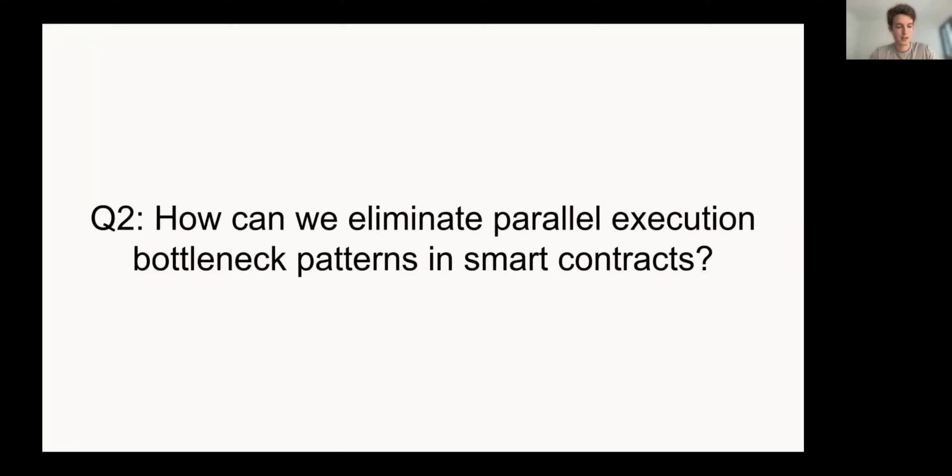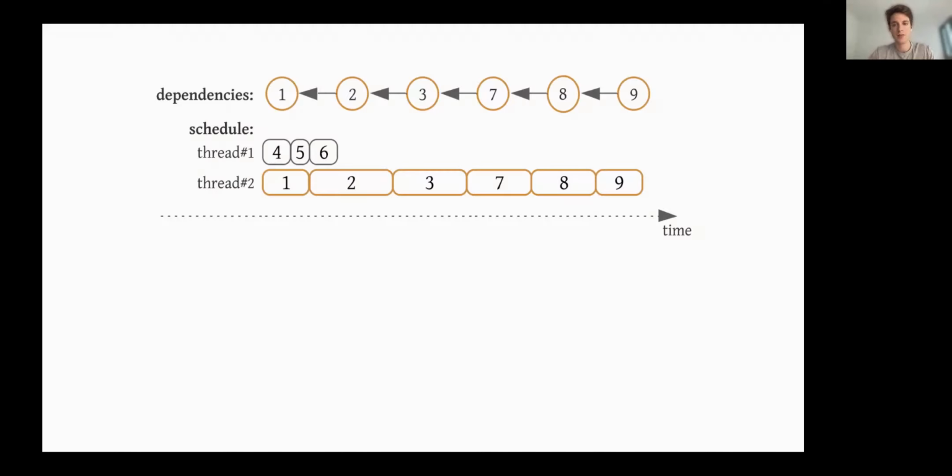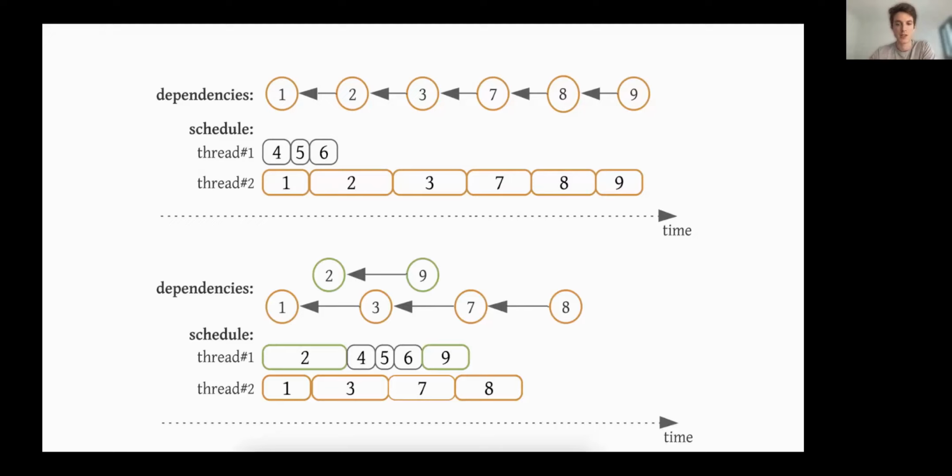Now that we understand that currently Ethereum's parallel speedup is bottlenecked on these conflicts, the question becomes, how can we eliminate these conflict patterns? And we propose 3 techniques for this. The main idea is that if we have a long chain of transactions that need to be executed serially and thus dominate the overall execution time, what we want to do is break this chain up into multiple disjoint dependency chains. In this example, we broke it up into an orange and a green chain. And these 2 dependency chains or transaction chains can be executed in parallel. And through this, we could reduce the overall execution time and increase the speedup.